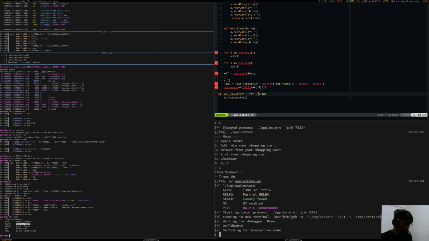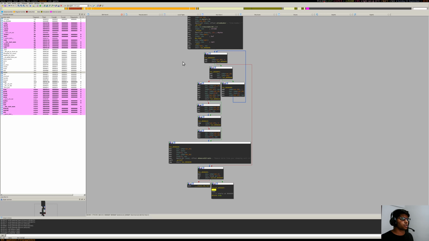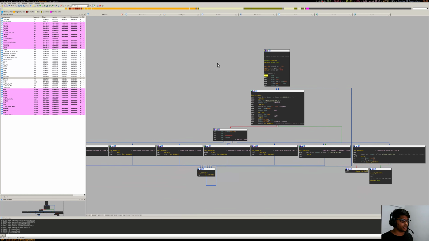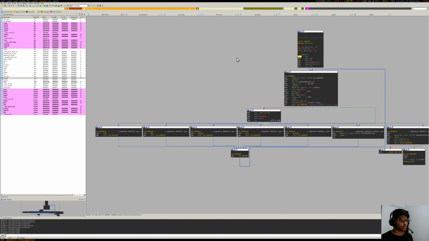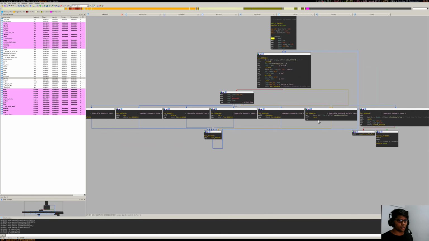Since we have stack control for handler, we can change EBP for this function's frame,